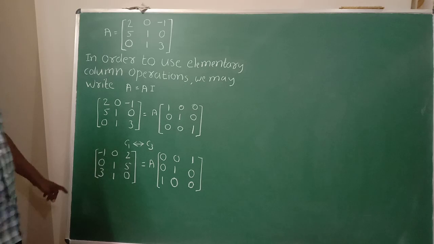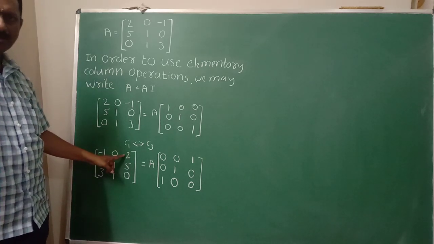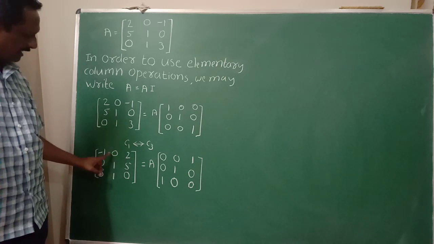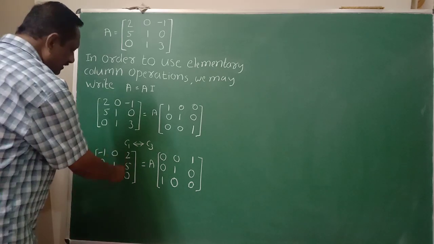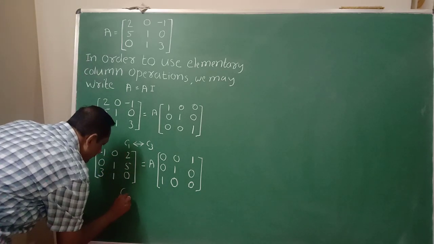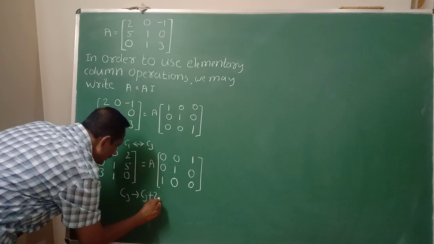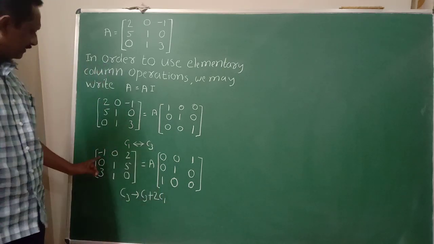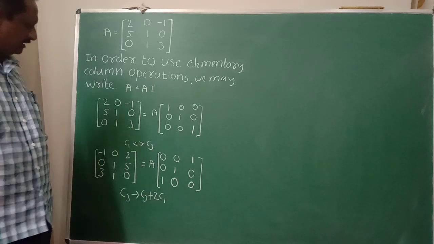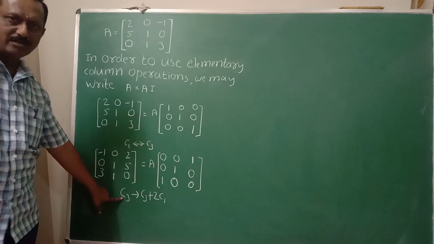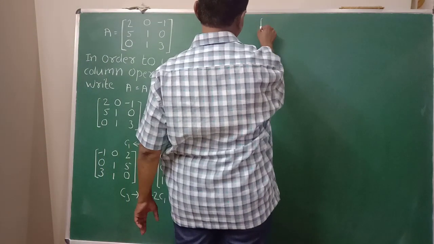Okay. Using this minus 1 here, you can make this term 0. Multiply by 2 and add here. Minus 2 plus 2 becomes 0. Therefore, here this is the third column. So C3 implies C3 plus 2 into C1 here. Okay, multiplying by 2 and adding to this term, this becomes 0. Therefore, the third column changes here. Only the third column changes. First two columns are written as they are, both on the left side as well as the right hand side here.